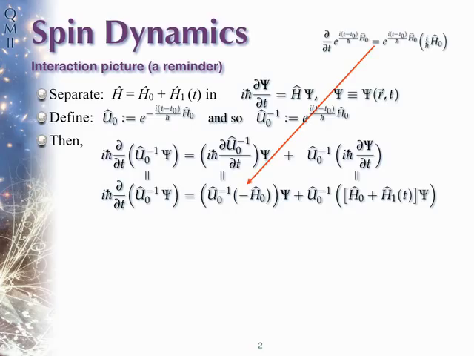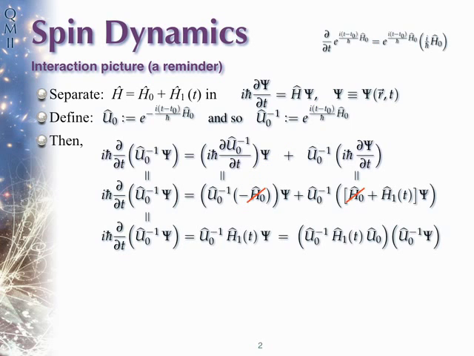So using the expression up in the corner, you show that the derivative of U0 inverse, in fact, is just U0 inverse times minus i over h bar, minus H0, sorry, both of those acting on psi. And the second term, the derivative of the wave function, you just substitute from the Schrodinger equation. So that's just the full Hamiltonian acting on psi. Between the two terms, H0s cancel out, and we get a simpler looking differential equation,